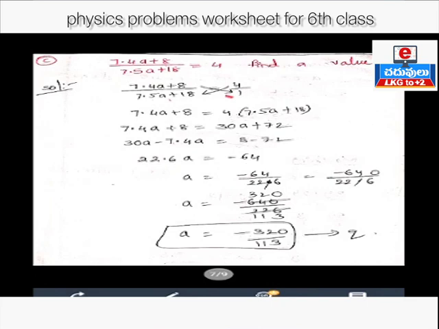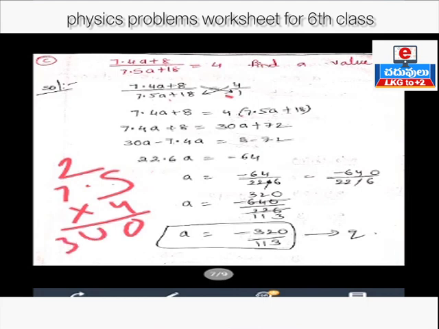So 7.5 is multiplied by 4, that is nothing but 7.5 into 4, means 4 5s are 20, 4 7s are 28 plus 2, 30. But after the decimal, how many numbers are there? Only one number. So that's why I can write the decimal here. So what is the value here? We can get 30.0. 30.0 is nothing but 30. So 30a plus 18 4s are 72. This 30a minus 7.4a is equal to 8 minus 72. 30 minus 7.4, we can get here 22.6, children.